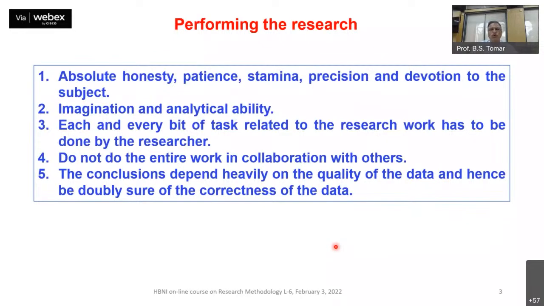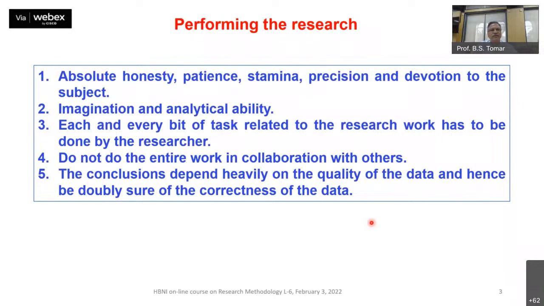So you don't have to just follow the routine of your experimental procedure. There could be a lot of surprises, and we should be able to look for those surprises and seize the opportunity to look for something new. So you shouldn't think that everything is known in my subject, so there's nothing new to add. There could be surprises, and one should be able to catch those surprises. And you require an analytical mind to catch those surprises. So you need to have imaginative power to think about the different aspects of your research work.